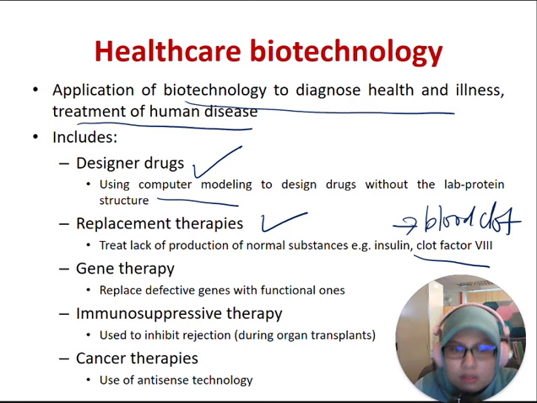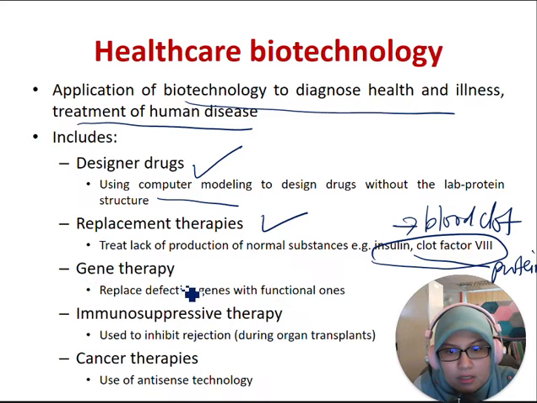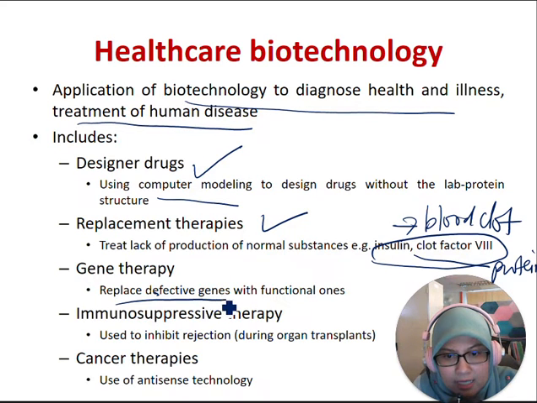Then we also have gene therapy, and the replacement therapies and the gene therapy are basically to replace something, but the difference between these two is that in replacement therapies kita actually replace the protein. Insulin, clot factor ni semua adalah protein. In gene therapy, however, we actually replace the genes. Maksudnya kita pergi terus dekat nucleus of the cell, and then kita repair DNA tu terus. Okay, contohnya dekat bahagian ni, and then kita remove the defective genes, non-functional one, dan kita bagi dia normal